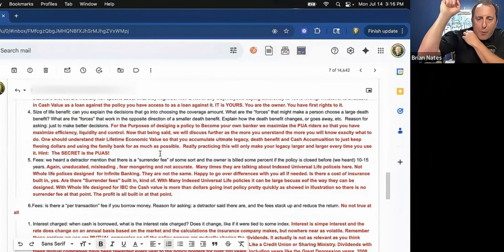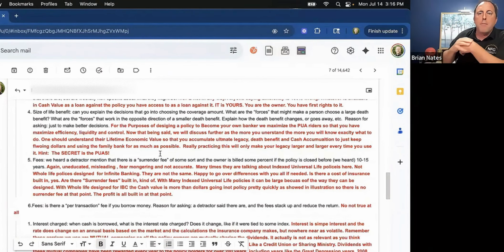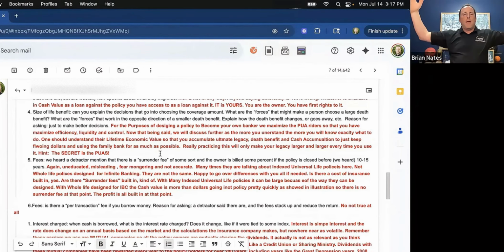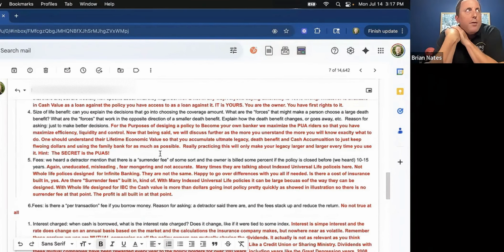Okay. So for the purposes of designing this type of policy, for maximizing banking and maximizing those paid up additions riders, right? Remember, that's the magic sauce for liquidity, efficiency, control, flexibility. That is really where so much efficiency, especially in those early years, comes into play. As you understand more, please know this, that there's a whole idea of what is my lifetime economic value, right? Like how much over the lifetime of me, for the rest of my life, should I really be worth